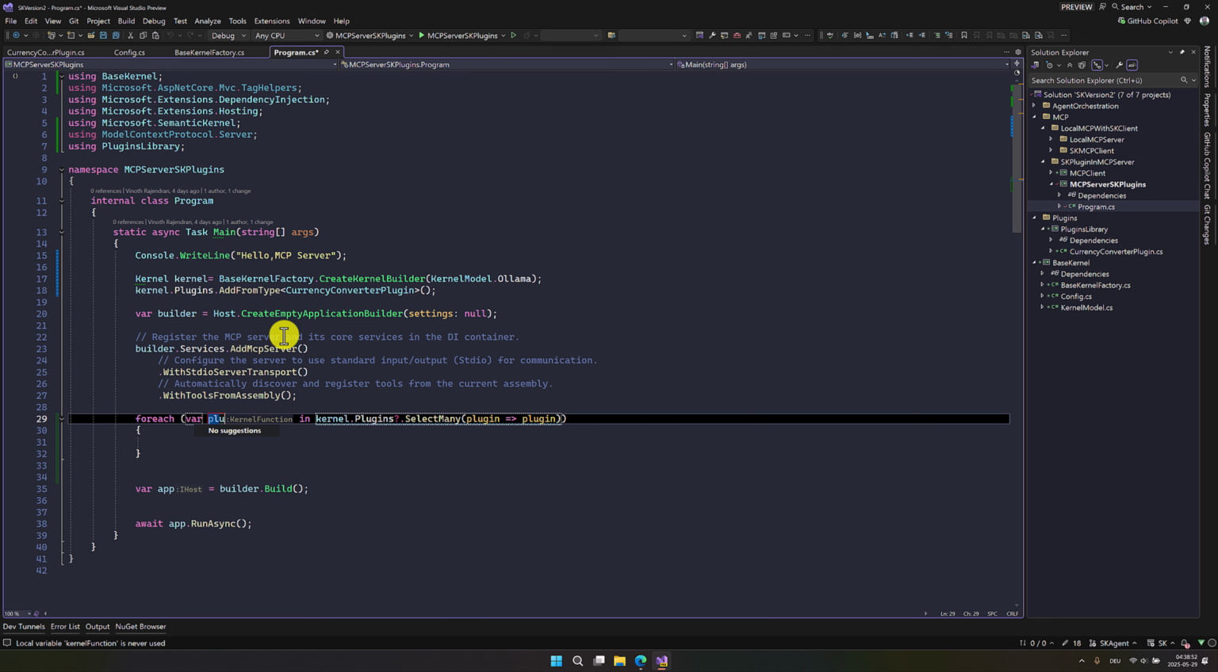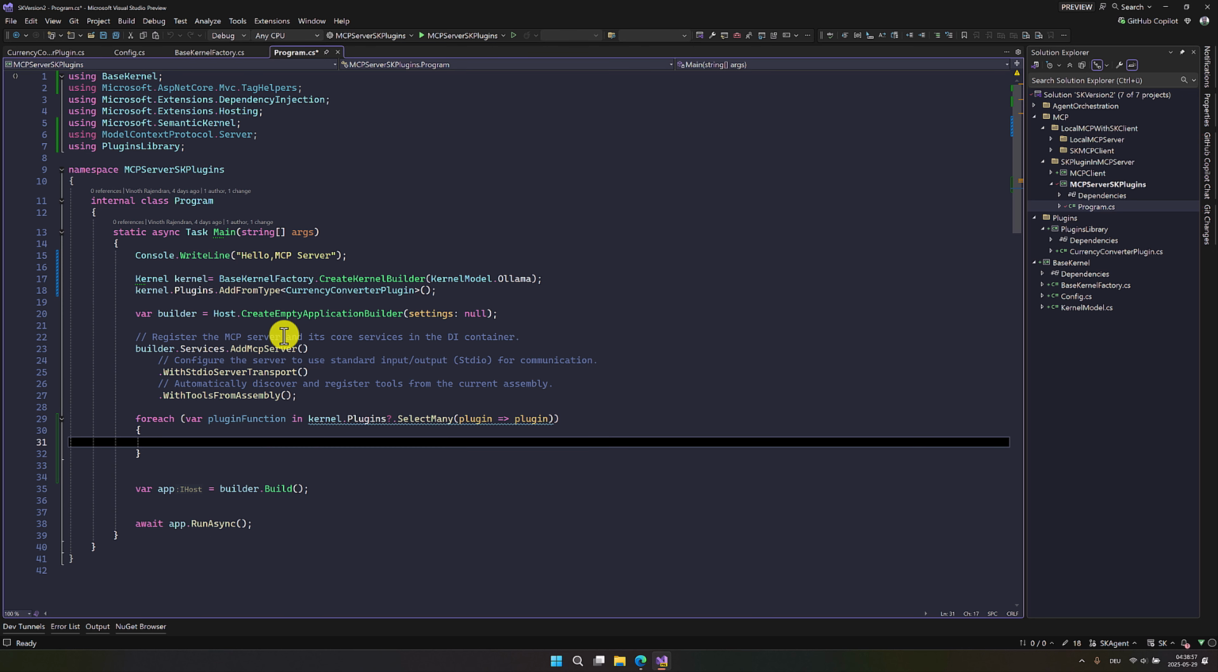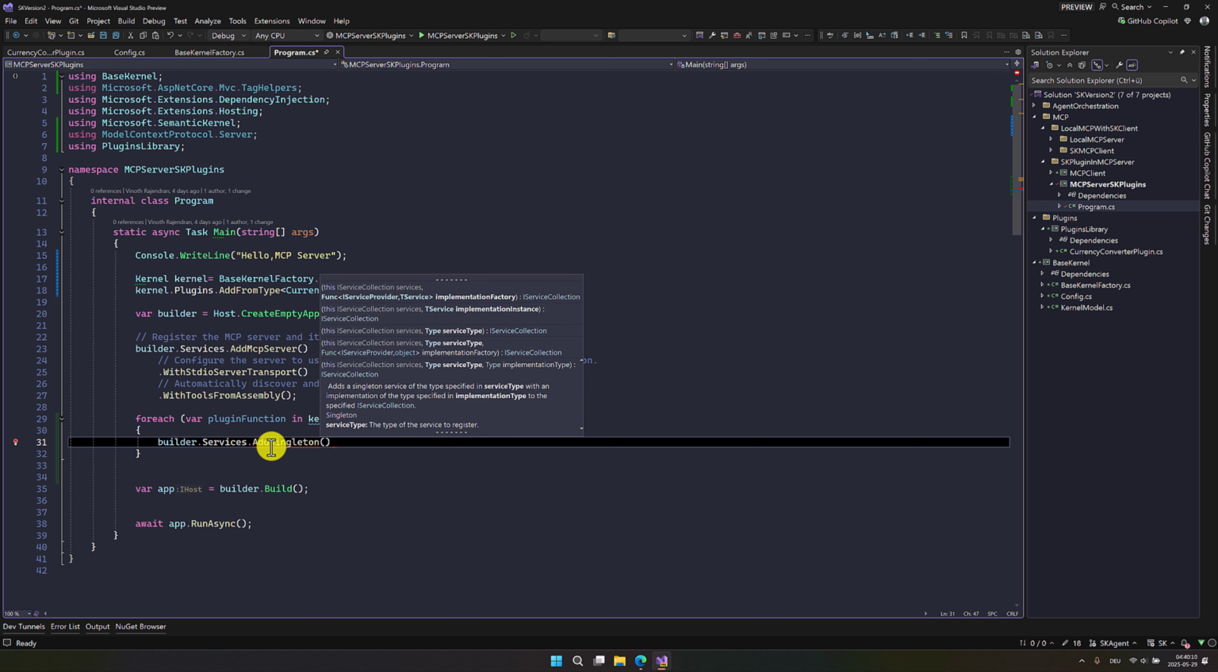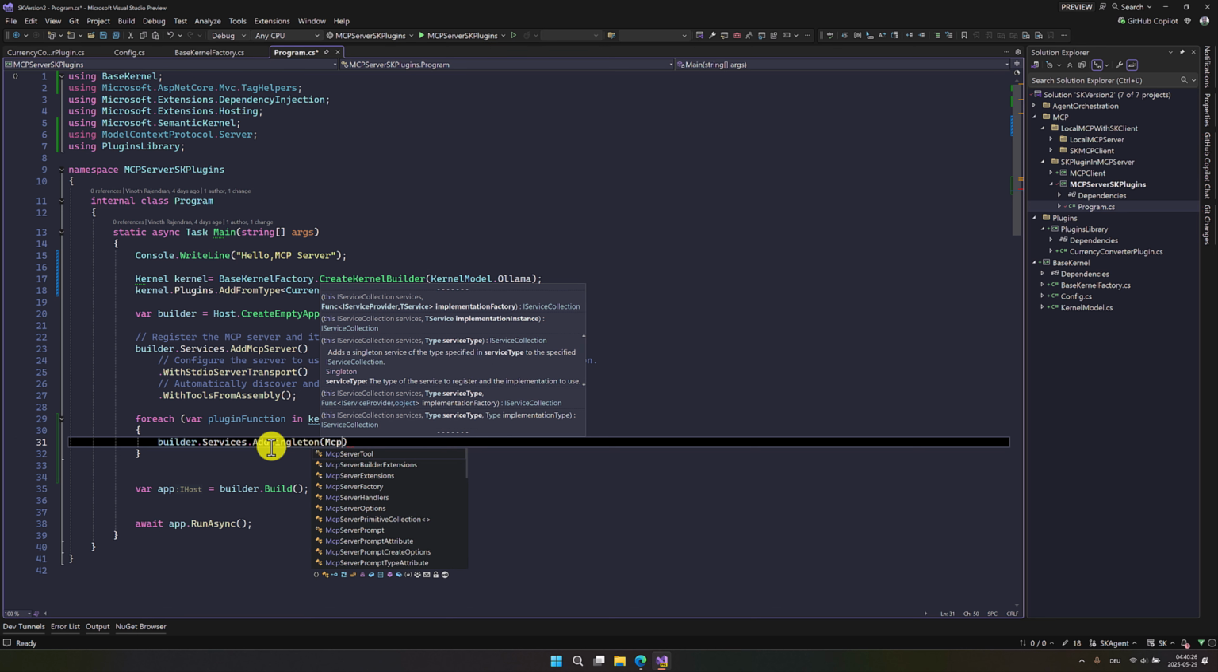So here I call this plugin function like this. So builder.services.AddSingleton. So here we have to pass our plugin function. The plugin function is not directly supported by the MCP tool. So we have to convert our plugin function into an MCP tool. For that, we have to use the class